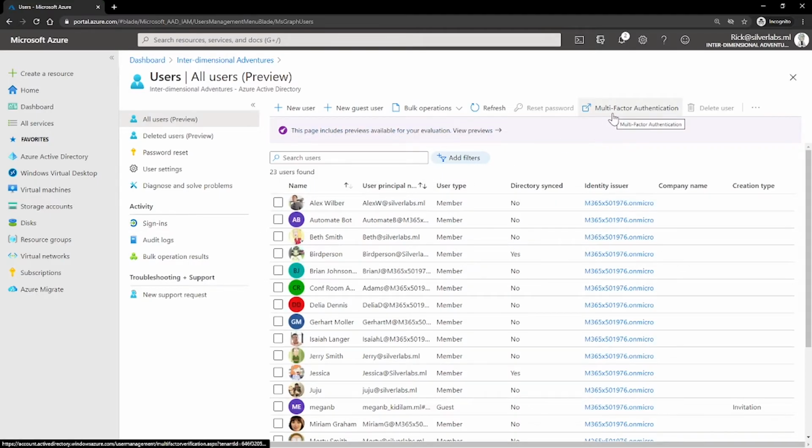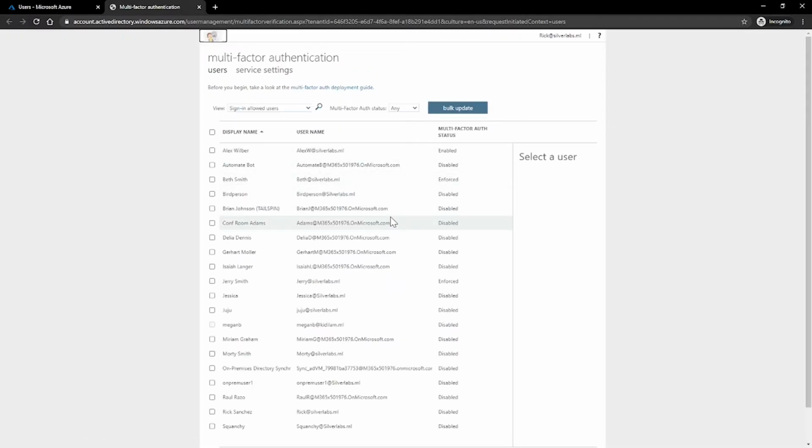So go under Azure Active Directory, go to the All Users tab, and click on Multi-Factor Authentication. This opens another console, which is kind of legacy, which Microsoft will be porting into the new portal.